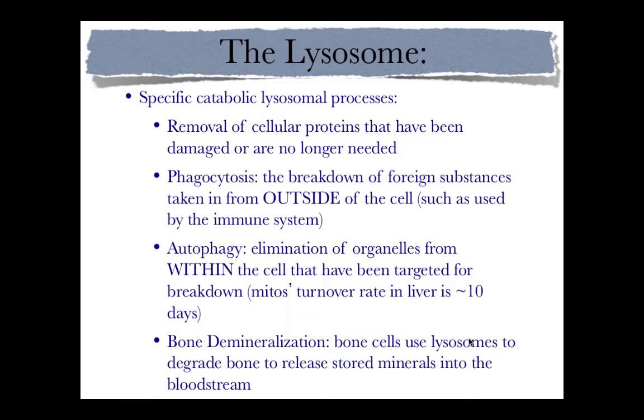That's cell. So for example, this is the engulfing of a cell. So the breakdown of foreign substances taken in from outside of the cell, such as used by the immune system. We've all heard of macrophage. What does that mean? It's macro, like macronutrients. Macro is large. Phage is basically a large cell that can consume other cells. So macrophages are made and they travel around so that they can recognize problematic cells or bacteria, engulf them, and